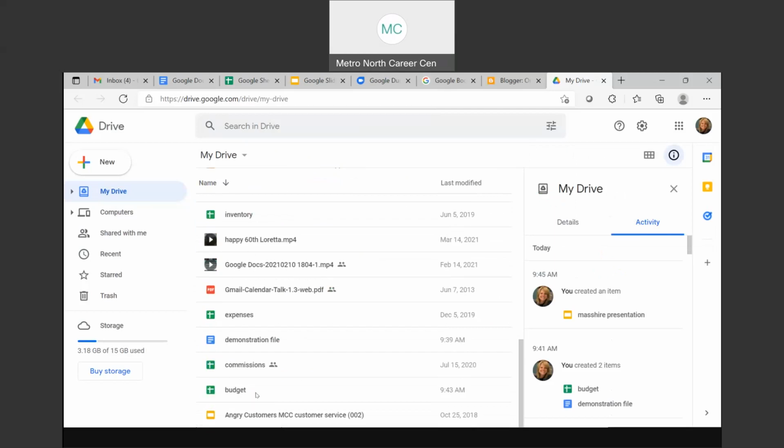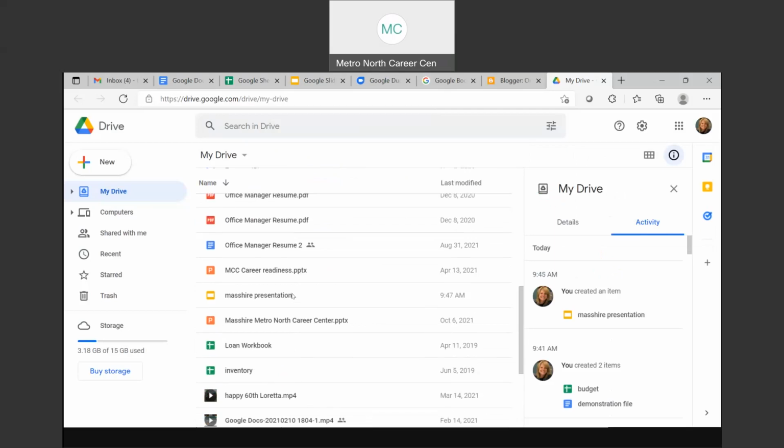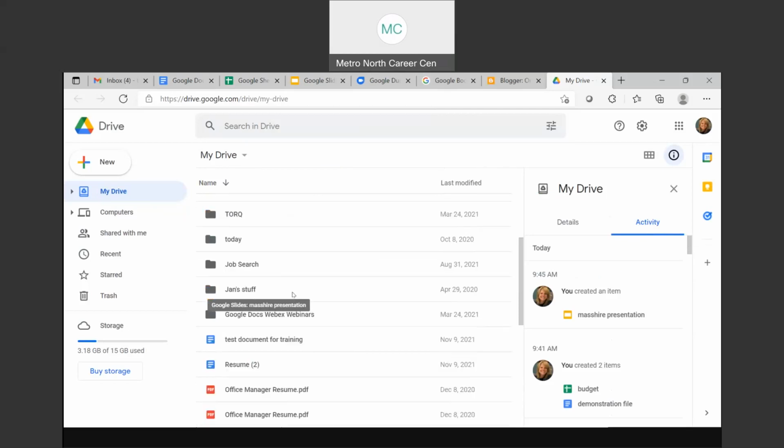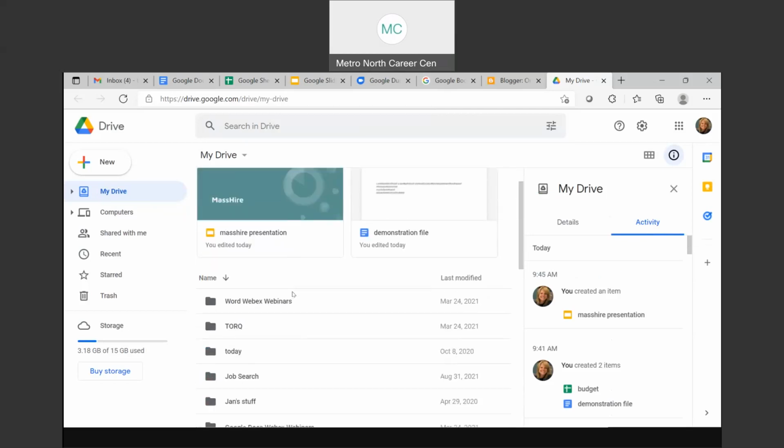And here are all the other files that I've either uploaded from Microsoft Word. So I uploaded them from maybe my PC and put them up into the Google Drive. Why would I do that? Well, if you got a resume and it's on your hard drive, and let's say you go to an in-person job fair someday soon, and you forgot or you needed more resumes printed, well, you have to go home and get it. No, if you put your resume up on your Google Drive, so if you upload it to Google Docs and then it sits on the My Drive, which is the Google Drive, we call it,